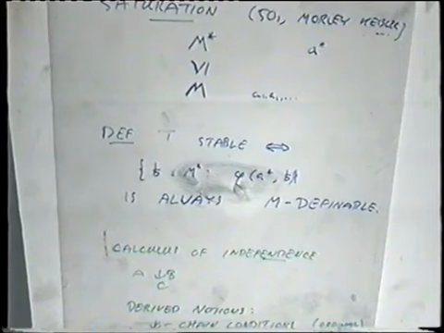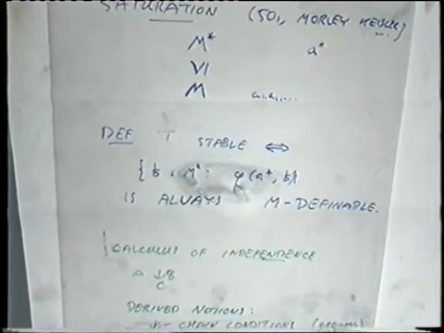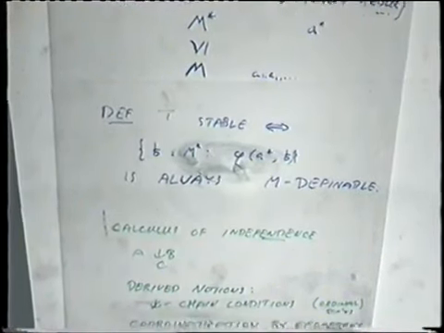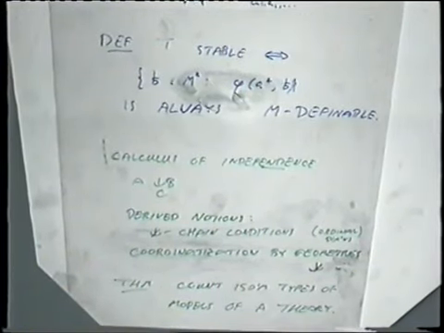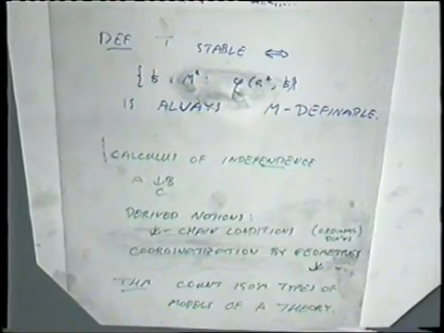Stability says this set is always a definable set. So it's a very strong assumption, which is true, for example, in algebraic geometry. This has to do with a notion of a generic point and the property of unique behavior of generic points. This is something that exists in complex algebraic geometry, but not, for example, in real algebraic geometry. Okay, based on this notion, based on this idea, you have